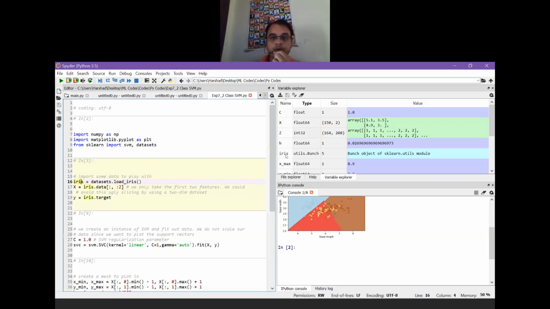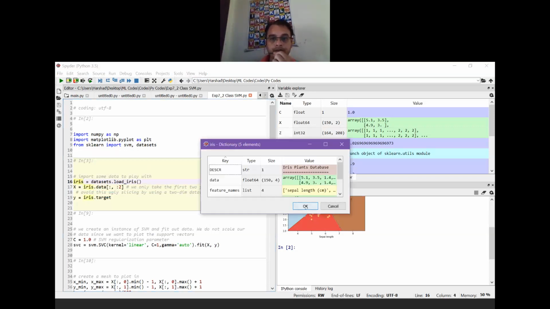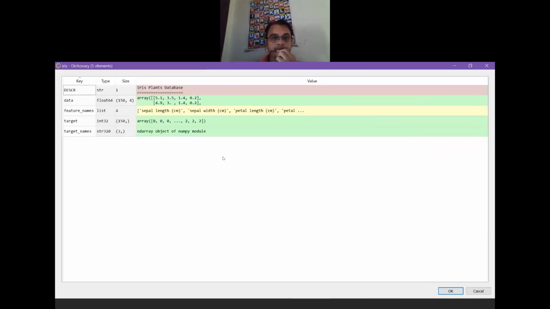If I double click on iris, you can check, this is the data set of iris, an iris dictionary. Here different options are visible: data, feature names, target and target names.